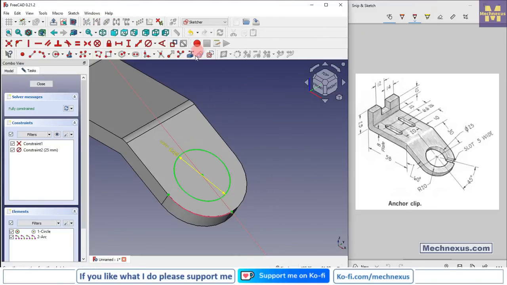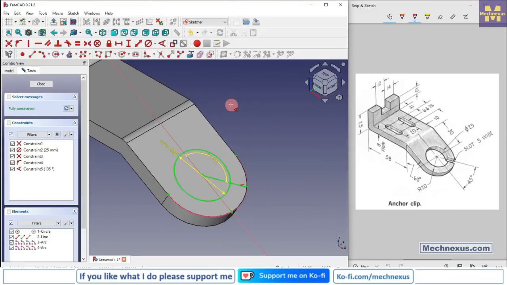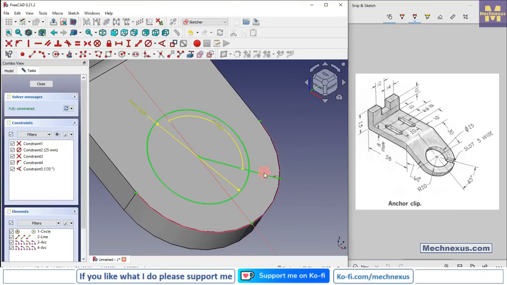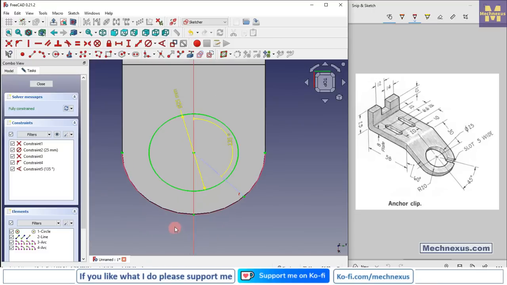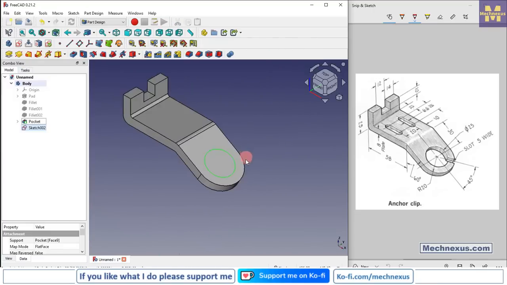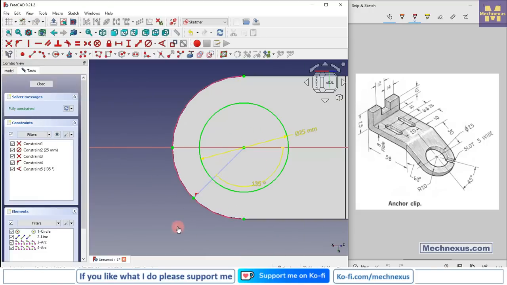and we will also project this edge and select a line tool and create a line, and we will provide the angular dimension. Select this, and this will be the 135, and this line would be a construction line, and here we will switch to the top view. To make this view normal, again come out of the sketch and go to the sketch,